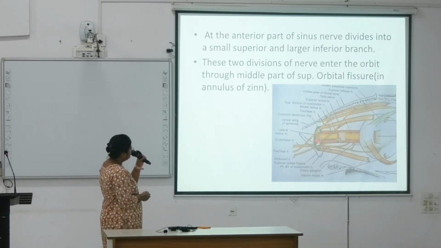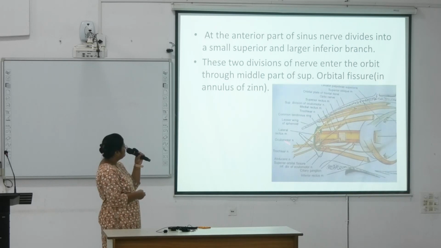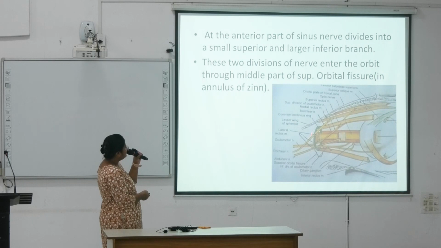Here you can see this is the superior orbital fissure. The oculomotor nerve is entering into the orbit through this superior orbital fissure and entering into the annulus of Zinn. This green one is the annulus of Zinn and it divides into a smaller superior branch and a larger inferior branch. Okay. Next,